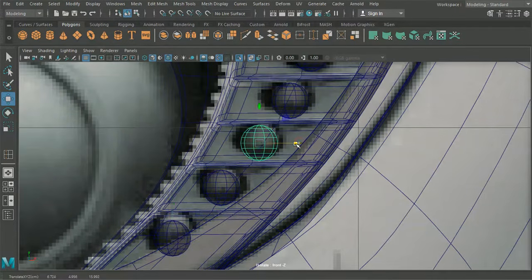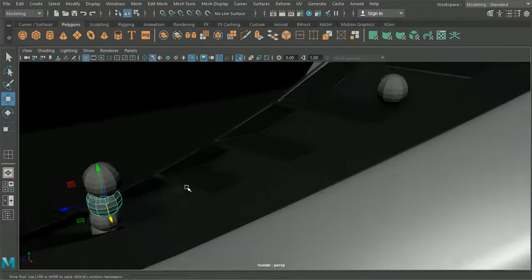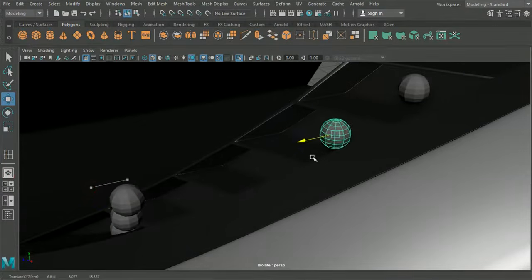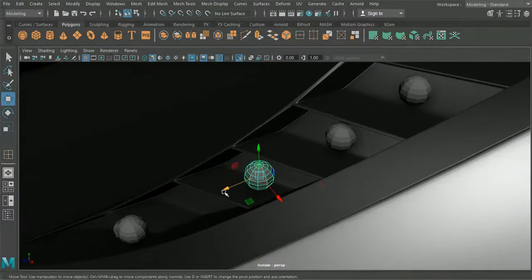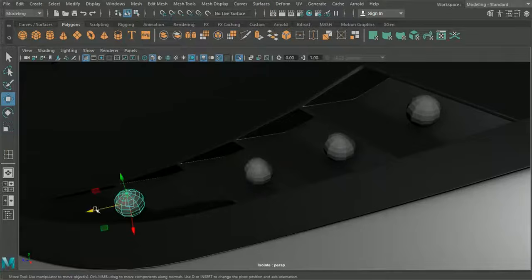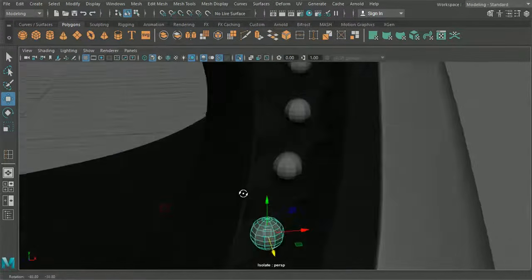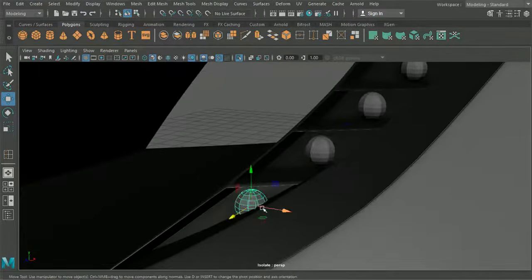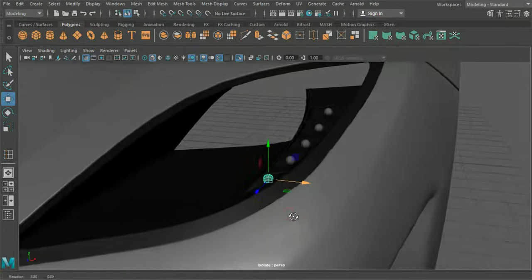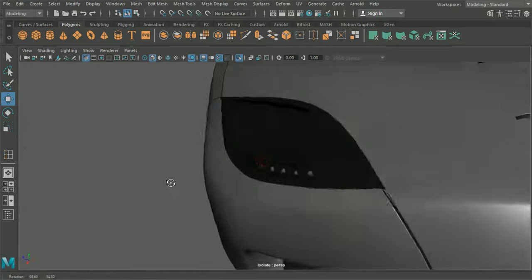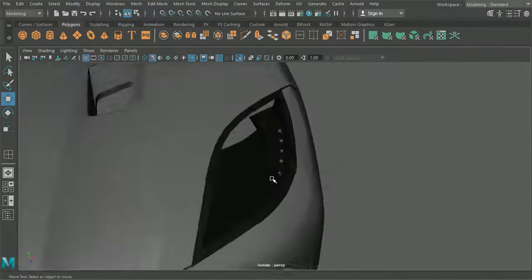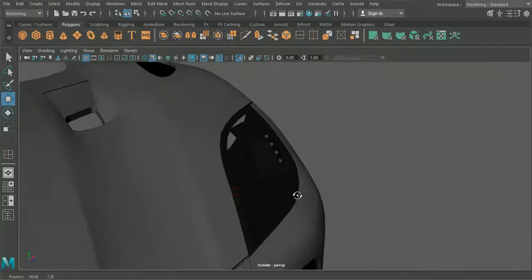Maybe get a little bit more of a turn in there. Okay, so that's looking pretty good. It's got those LED lights sat inside there.